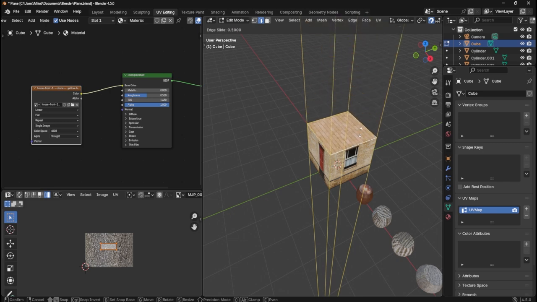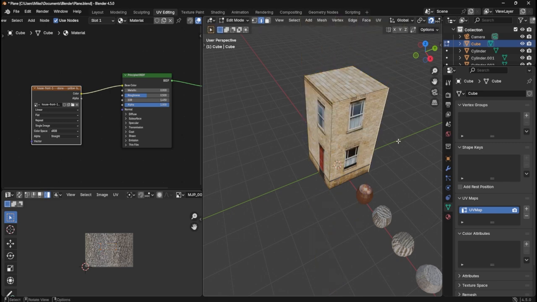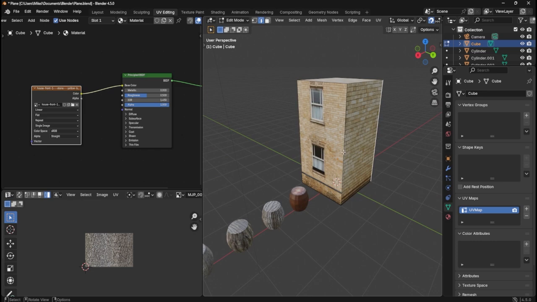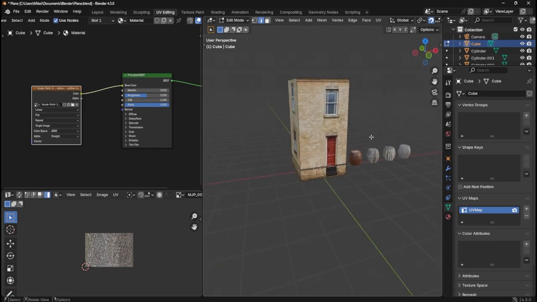That's pretty cool. So we've extended our building there. Okay,